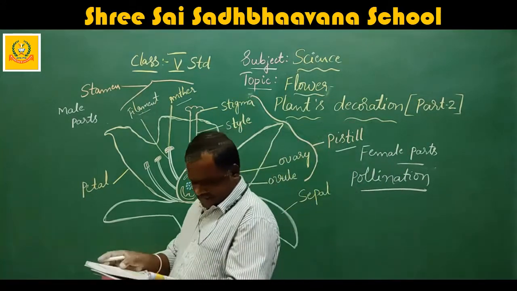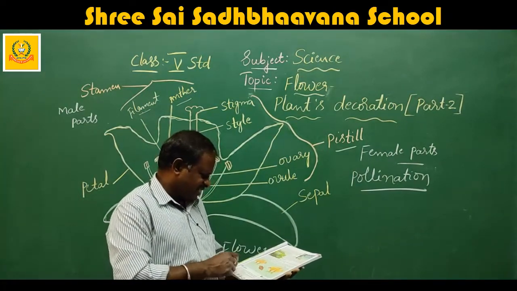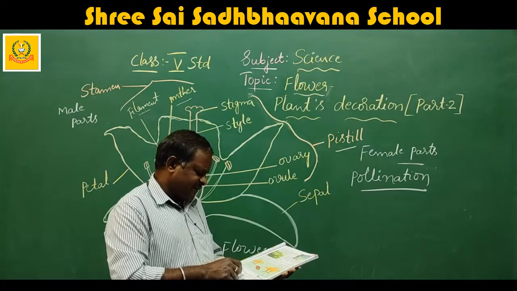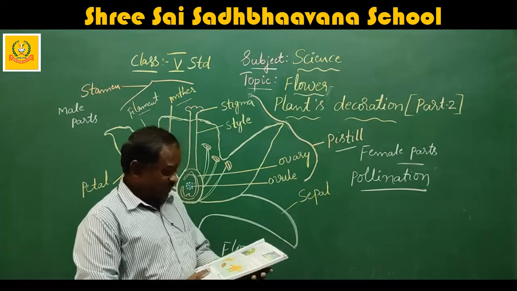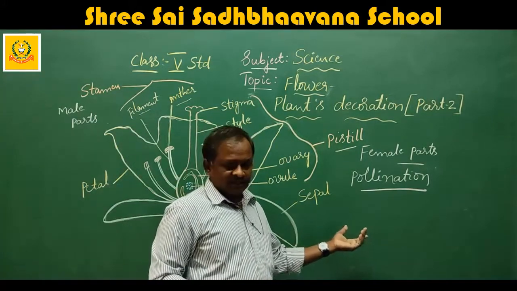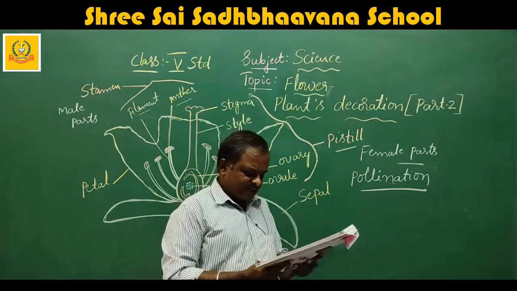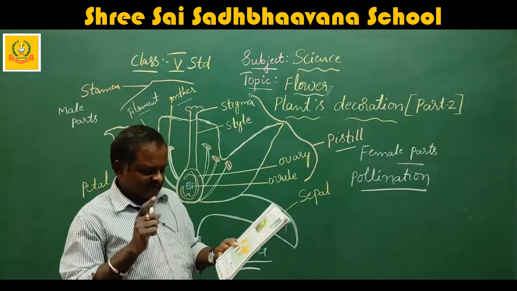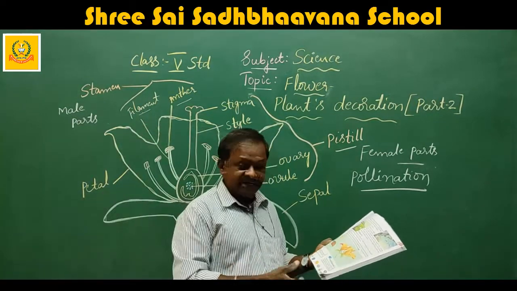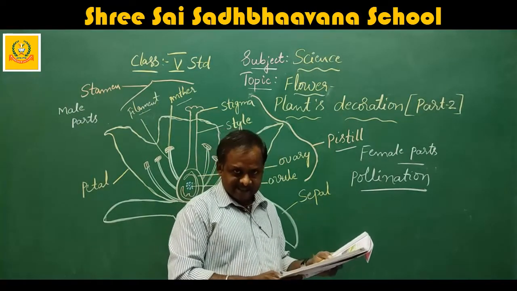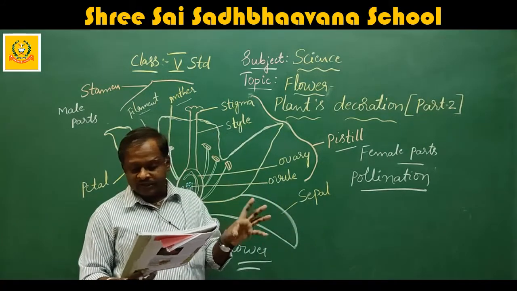Okay. Pollinators such as bats, bees and wasps, birds are needed for the reproduction of over 90% of flowering plants and 1/3 of human food crops. That means these pollinators, what I have explained before, are very important. Pollinators such as bats, bees and wasps, birds are needed for the reproduction of over 90% of flowering plants and 1/3 of human food crops.